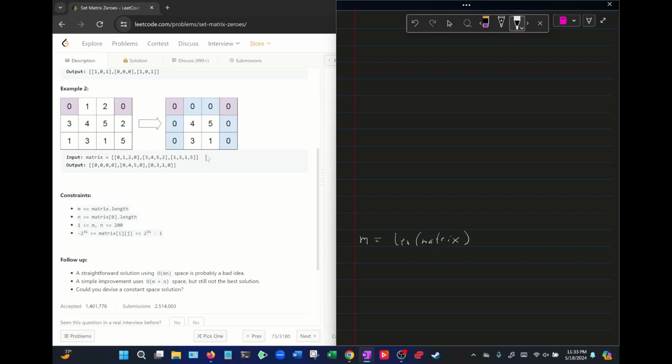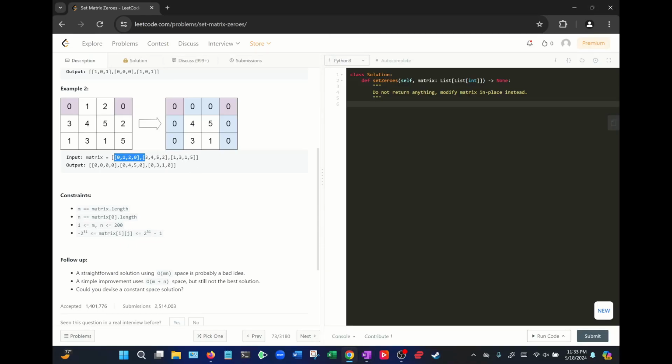And the outermost list has one entry for each row. And each of the entries is the elements of that row. And so the number of elements in the outer array is the number of columns. Okay, I may have misspoke there, but the number of entries in the outside array is the number of